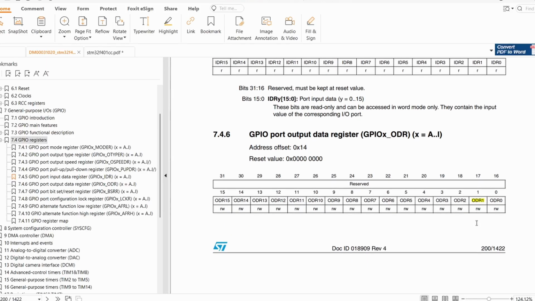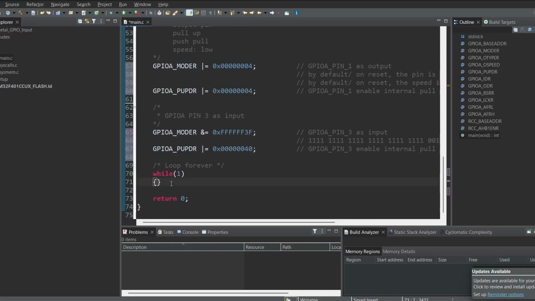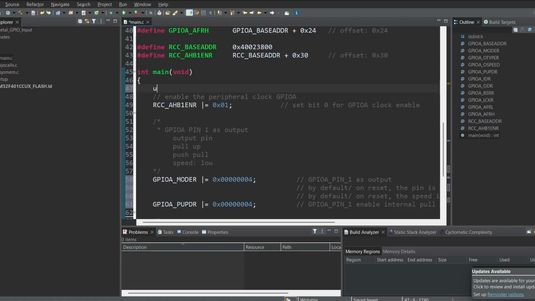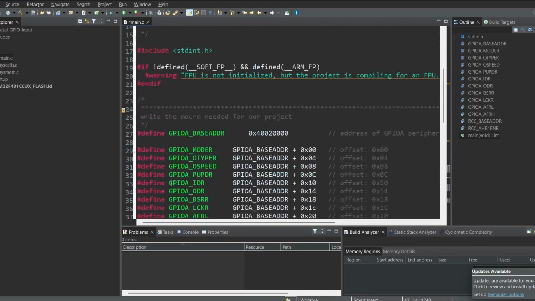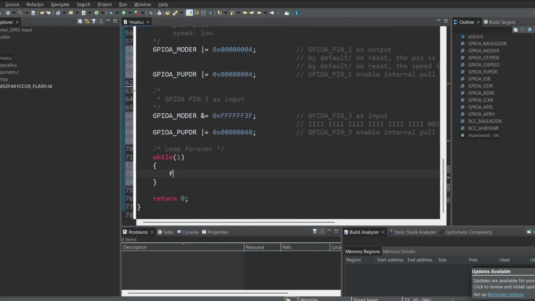Same, we can do using the bit set reset register, which we will see later. So what we will do is, in while 1, we will use uint32_t, which is defined in stdint, with I as a variable and an initial value of 0. Now we will make I equals 0, I less than 10,000, I plus plus, and we will give a simple